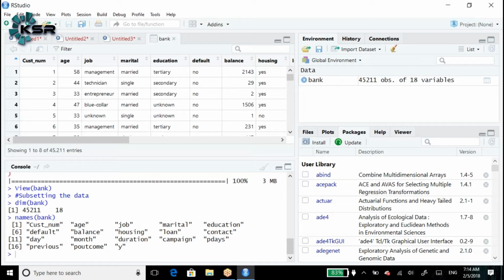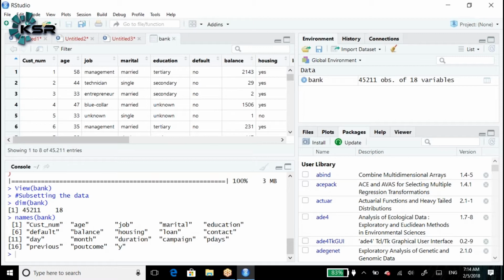Now, under the marital status, how many distinct levels do we have? We would like to understand how many distinct levels there are and how many times each count is repeating. Like single, married, divorced, how many levels do we have? We need to understand that. Further, do we have any function?